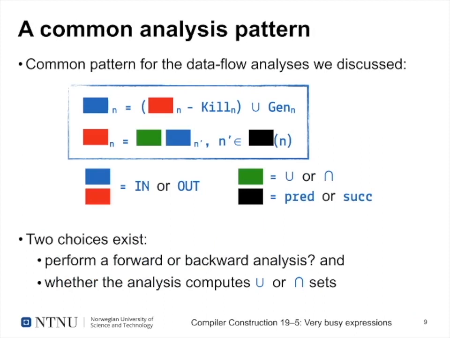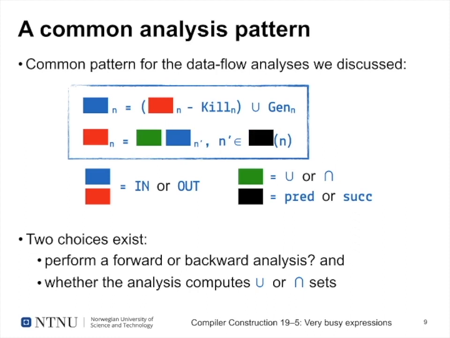Now, if you look at all these static analyses we've considered before, maybe you've seen a common analysis pattern. This common pattern is shown on this slide here. Essentially, we color-coded it. So something blue of the current block we're looking at, or the current program point n, equals something red of that block n minus kill n joined with gen n. And something red equals some operator of some sets, and those go over n dash, and this n dash is part of a set related to n. Now that's very, very